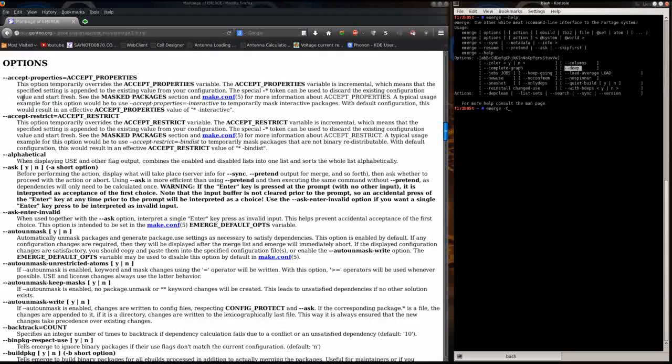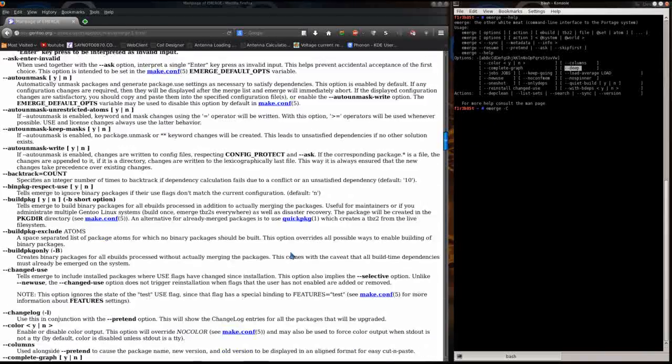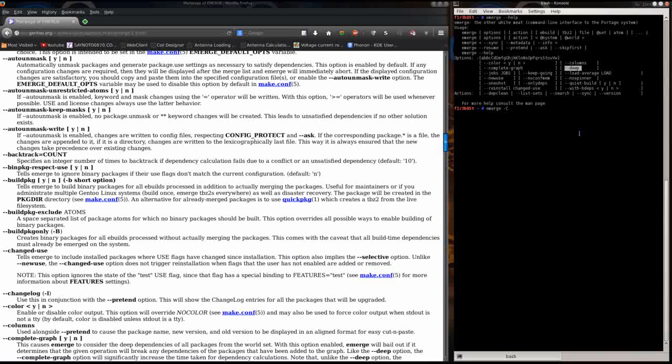You also have other elements where you can add accept properties, accept restrictions, and so on and so forth, which can be put in your make.conf file just as much as they can be put on the command line as an option in front of emerge, which is very handy because sometimes, and I will quickly display this,